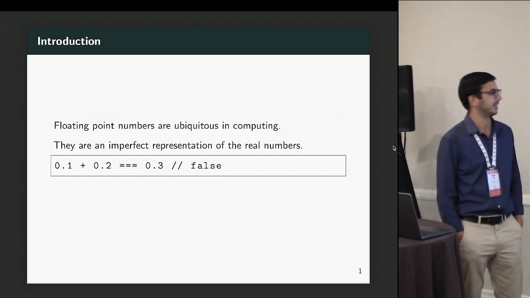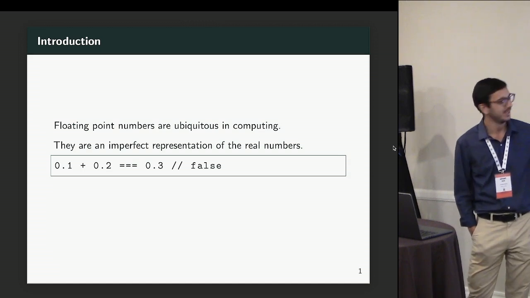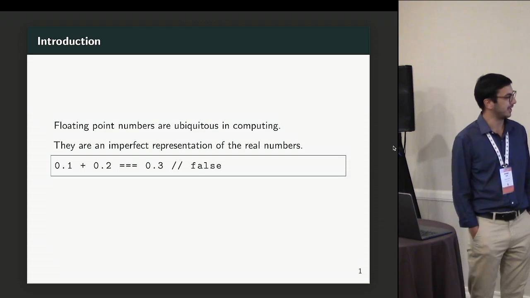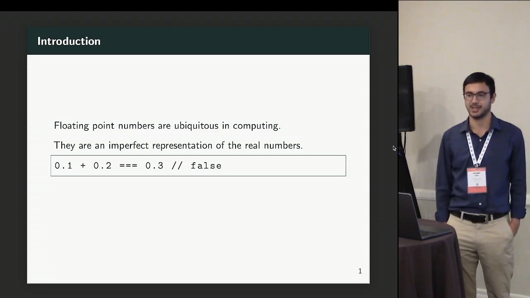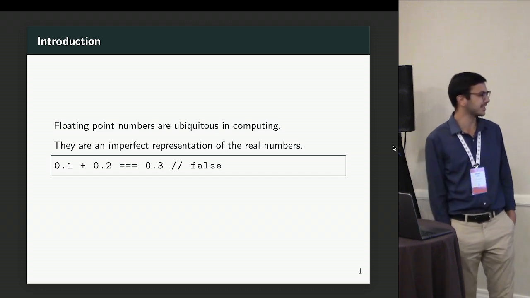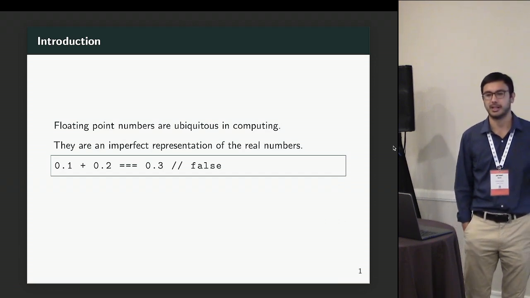So I've got kind of a silly example here, where if you write in JavaScript 0.1 plus 0.2, it doesn't equal, as you would expect, 0.3. And part of this is because 0.1 is not exactly representable in the double precision format. While this is kind of a trivial example, you can see how this sort of subtle error in a more complex